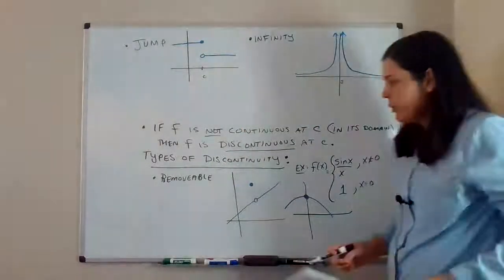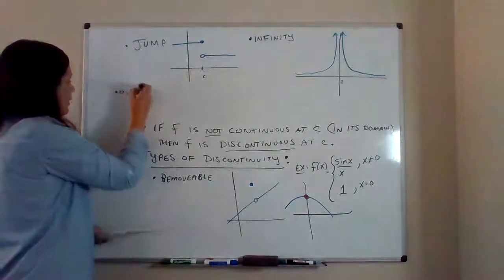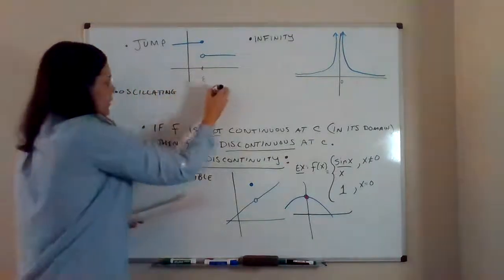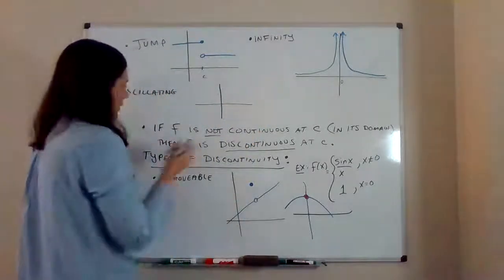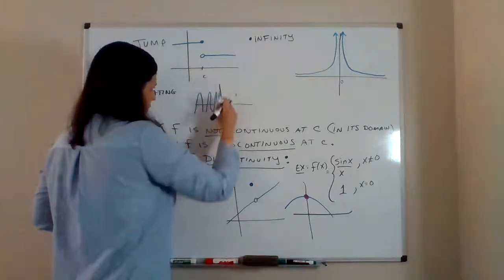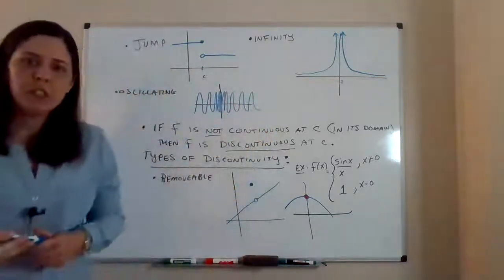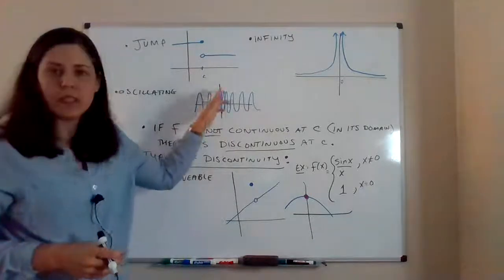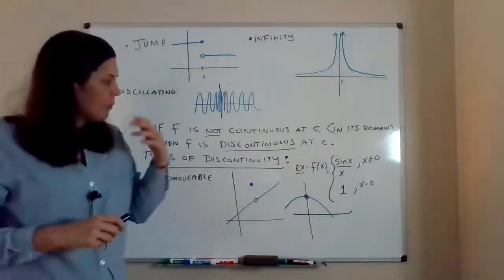And then the last one to show you is oscillating. So, I always spell this wrong. Oscillating, I think that's right. And this one I'm just going to scribble. Let's say I'm approaching 0. My graph is doing something, and then when I get close to 0, it's oscillating like that, and then maybe it slows back down after. So too much is going on for me to say that it's exactly one value right in there. So those are different types of discontinuity that might come up,